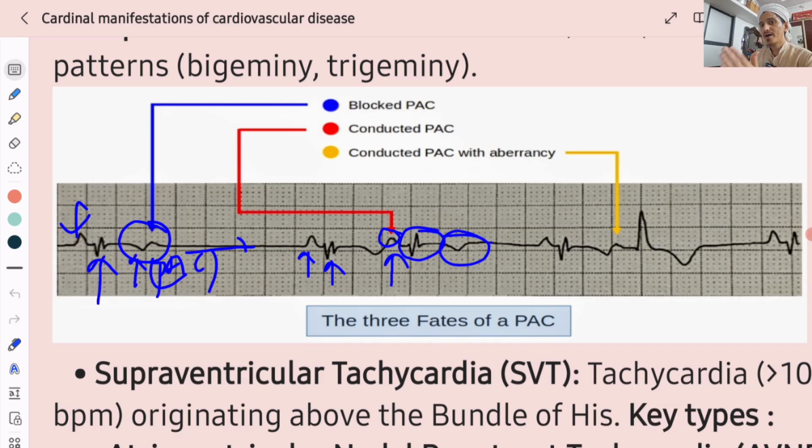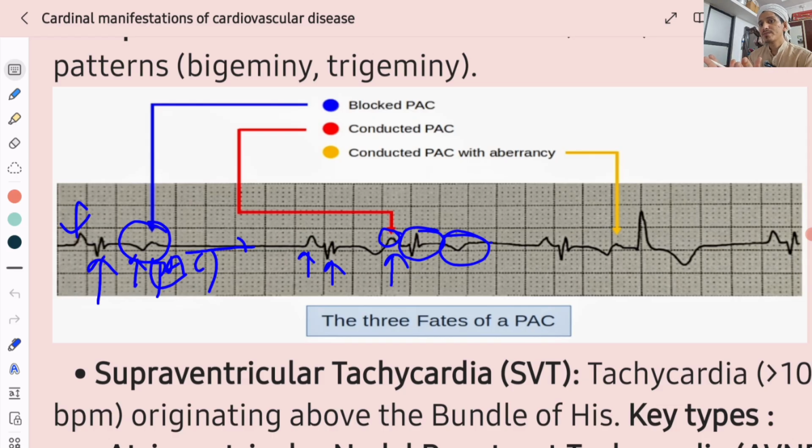Why will there be a compensatory pause? The refractory period will be prolonged, and during the premature atrial contraction, the ventricles are not filled adequately with blood. So with that beat of premature contraction, the ventricle will not contract strongly, and they will pump less blood. But the beat which follows that premature atrial contraction will come after a long period, because of that compensatory